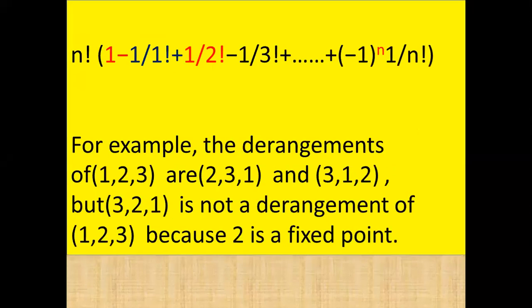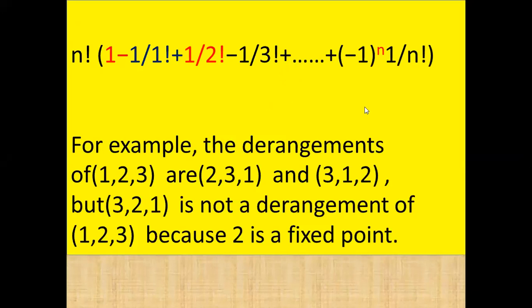So the formula is very simple. The formula is factorial n into 1 minus 1 upon factorial 1 plus 1 upon factorial 2, and it goes on. If you notice carefully, this is a minus sign and this is a plus sign. So in this question, we have n as 3. So it would be factorial 3 into 1 minus 1 upon factorial 1 plus 1 upon factorial 2 minus 1 upon factorial 3. With this only you have to solve. If there were 4 girls, I would have taken factorial 4 into up to plus 1 upon factorial 4.